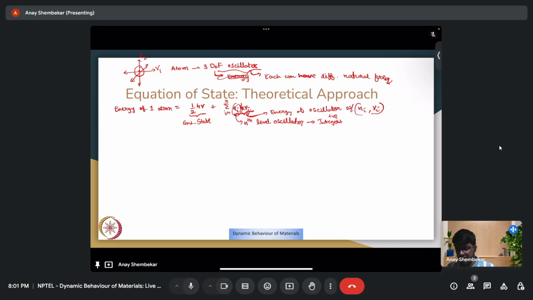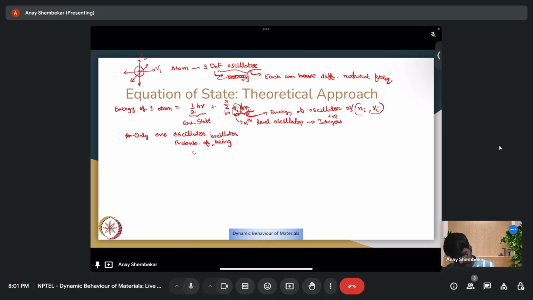If we consider only this one oscillator, its probability, only one oscillator. Each atom is a 3 degree of freedom oscillator. Out of that, now we are looking at only one, suppose along x for the sake of argument. So we have this relation where the probability of the oscillator